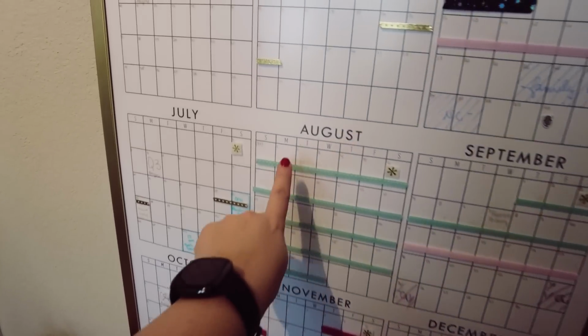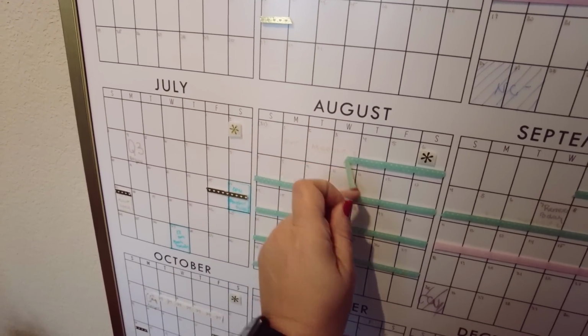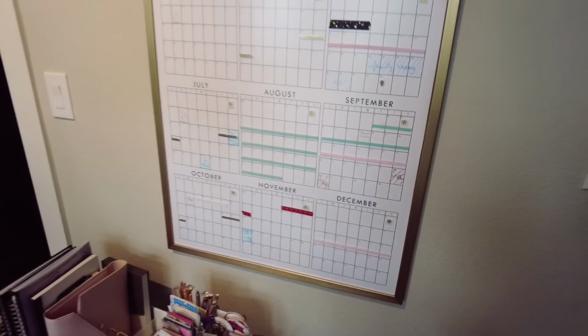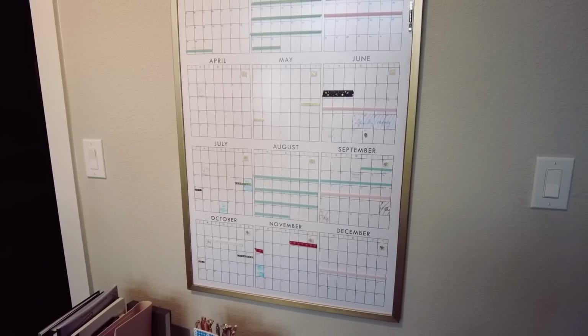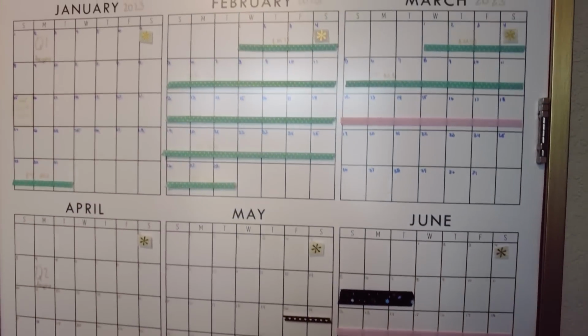And I had used this, I don't even think I did a video on this, but I had used this with little pieces of washi tape to mark out just at a glance, so I could look and see what weeks do I have available? What week am I running Publish and Thrive again? Or what week am I running HB90? When are our virtual writing retreats? And that was really great.